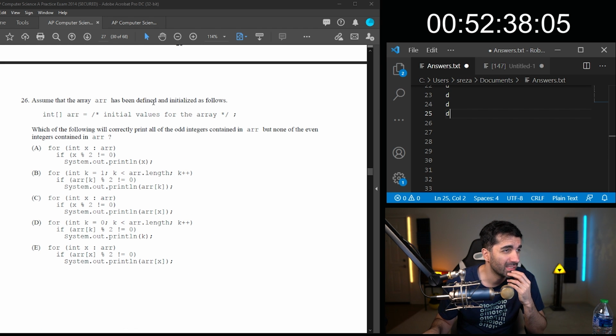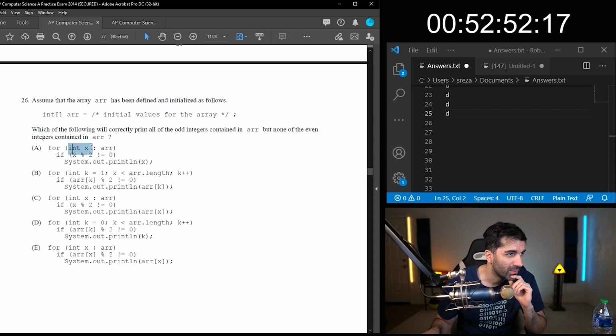Assume that the array has been defined and initialized as follows. Which of the following will correctly print all of the odd integers contained in an array, but none of the even integers? I don't feel like this would work, wait, actually this could work. So we're getting x. If x mod 2 does not equal 0, print it out.